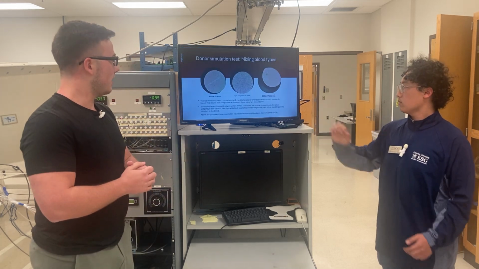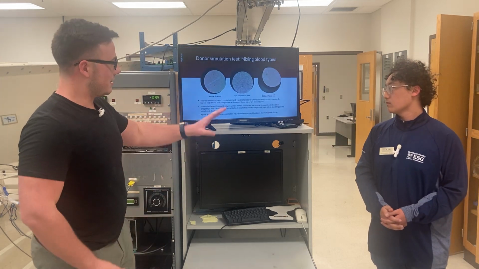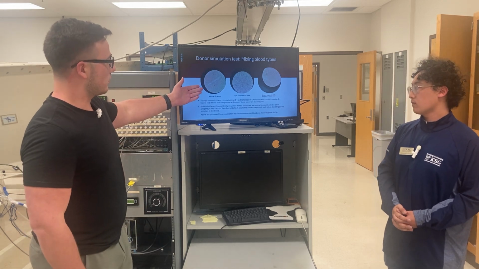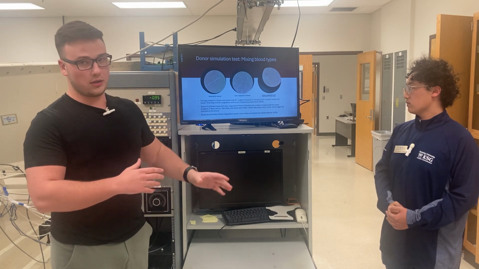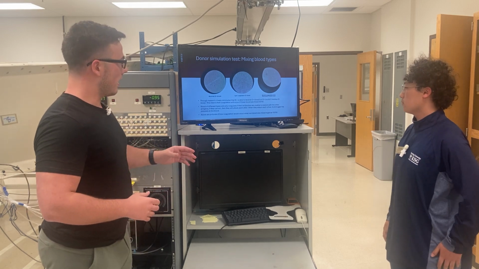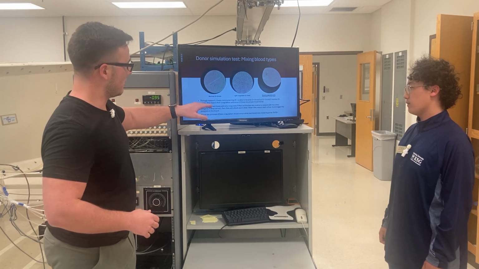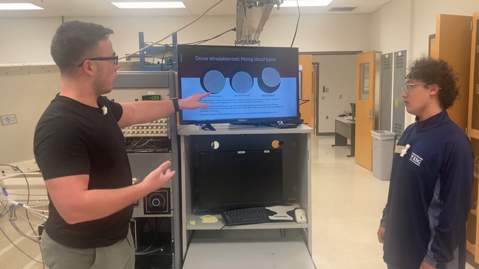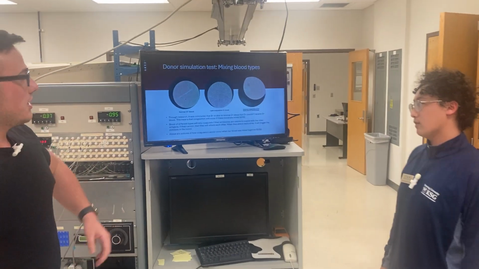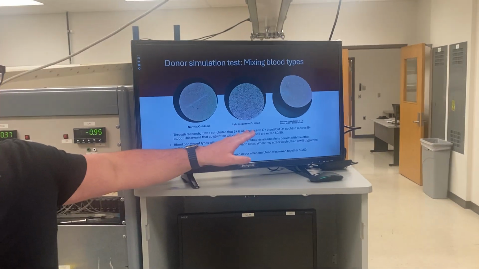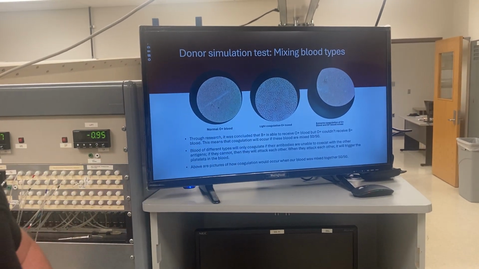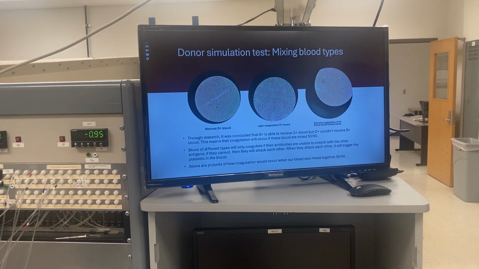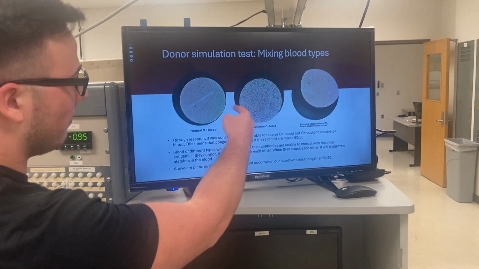If you get into our next slide here. Before we get into the mixing, here is my blood under a microscope, where you can see the donut shapes. As soon as I took it out, we analyzed it on a microscope, and this is how the blood should normally look. This is the same sample, but after a few minutes of letting the blood dry out. You can see the very slight coagulation starting to occur. You can see the clumps right here.